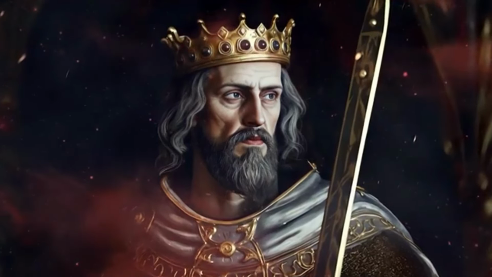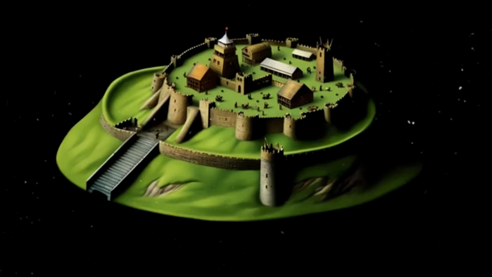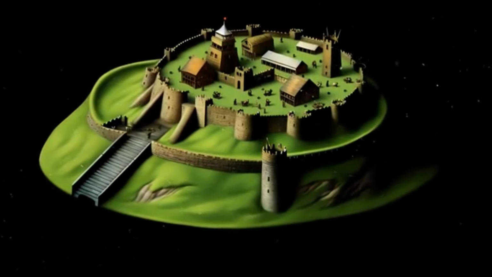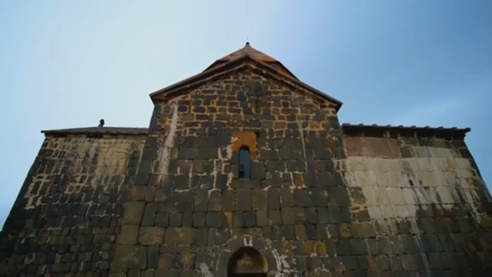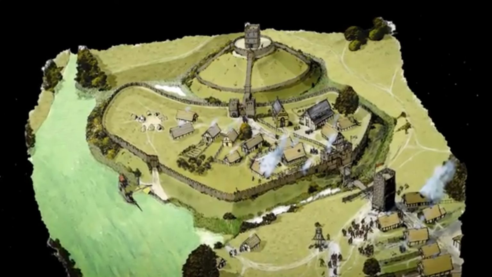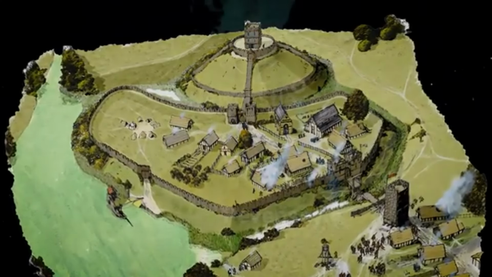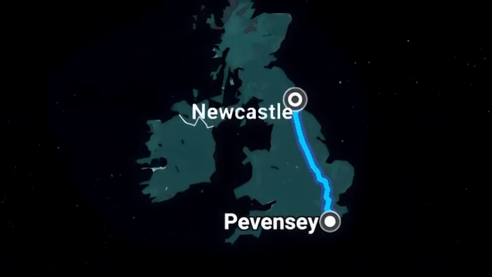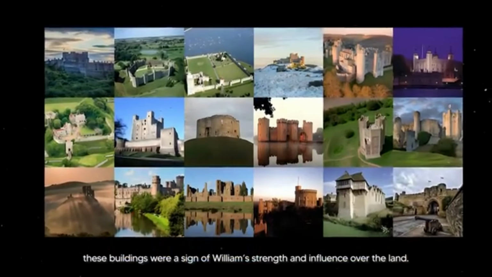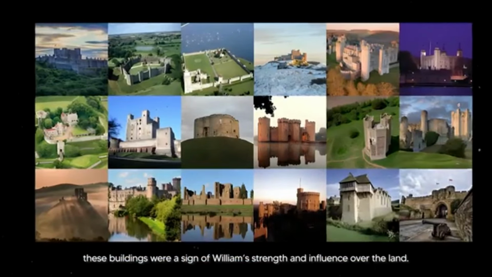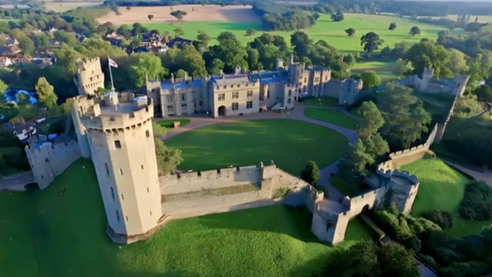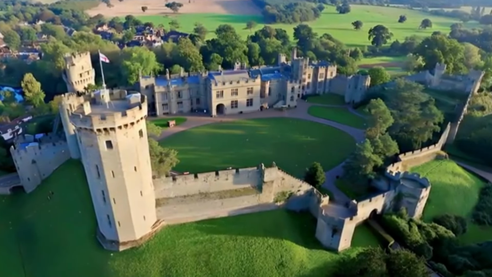But a change in leadership was not all William brought with him. One of his most enduring policies was the construction of motte and bailey castles throughout his kingdom. Initially made from wood and later rebuilt with stone, these fortifications became the landmark feature of William's rule in England. From Pevensey, where he first landed, to as far north as modern-day Newcastle, these buildings were a sign of William's strength and influence over the land. Historians estimate that around 500 of these castles were built within the first 20 years of Norman rule alone,